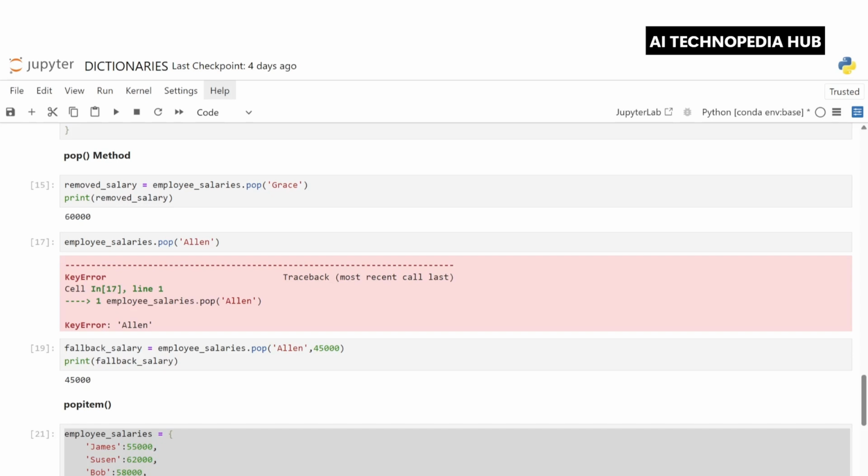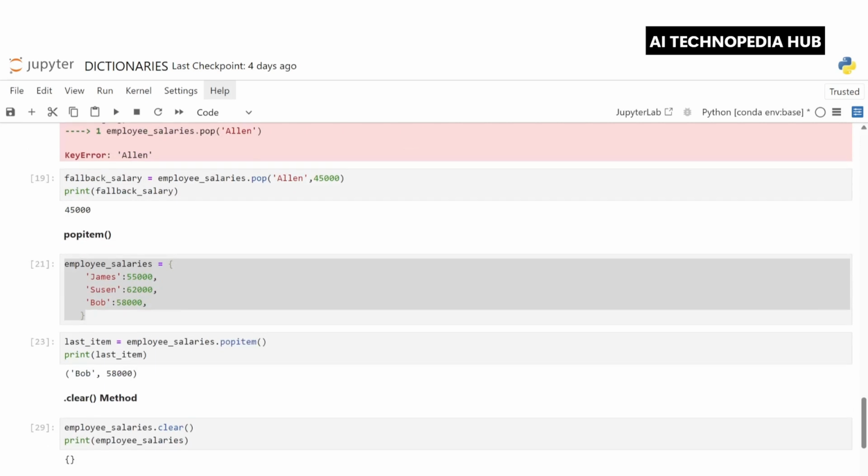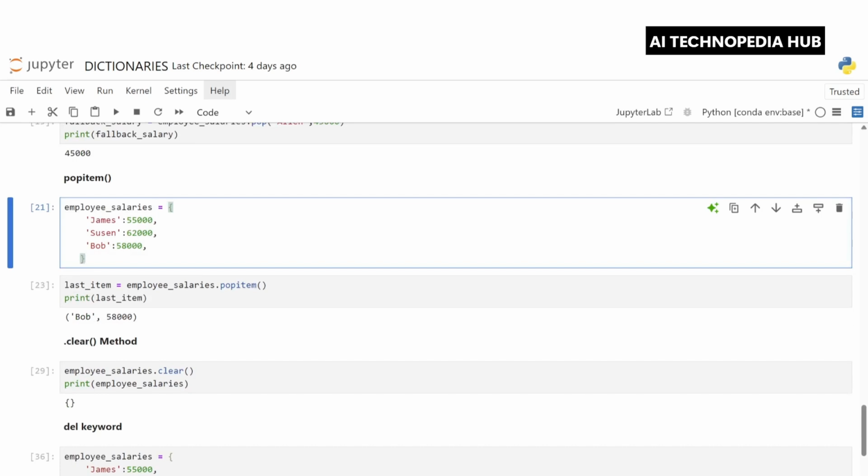So, I hope the pop method is clear to you. Now, another method that we can use is called popitem. You can use popitem to remove and return the last inserted key-value pair. So let's say we have employee_salaries again, with the key-value pairs James 55,000, Susan 62,000, and Bob 58,000.